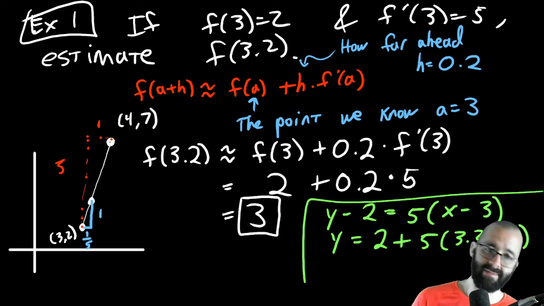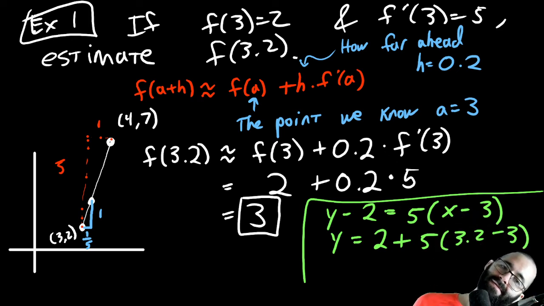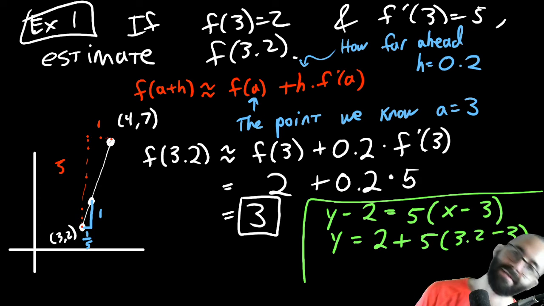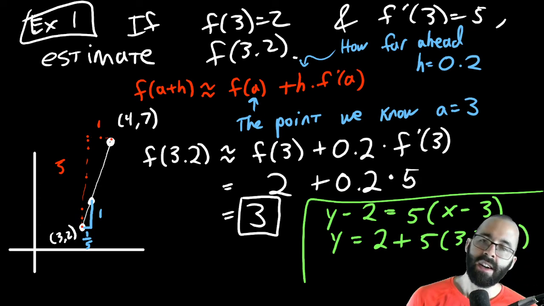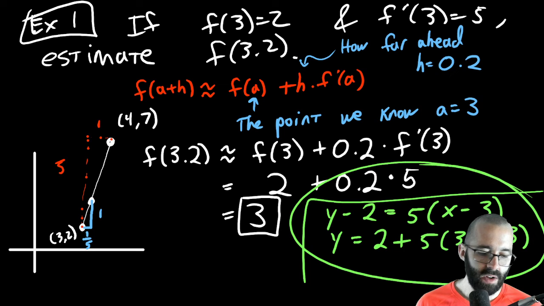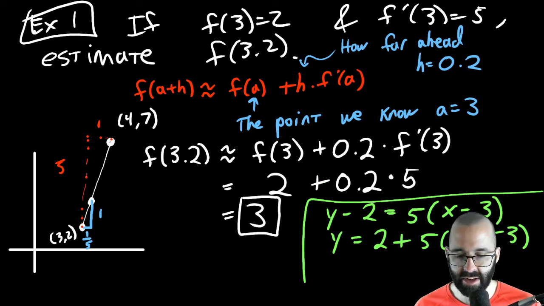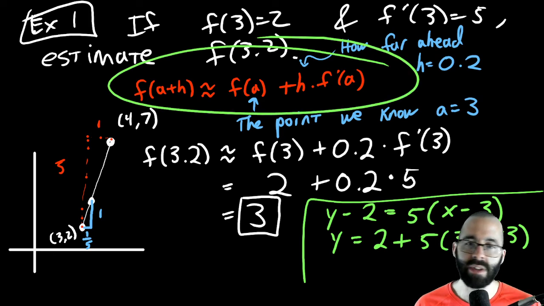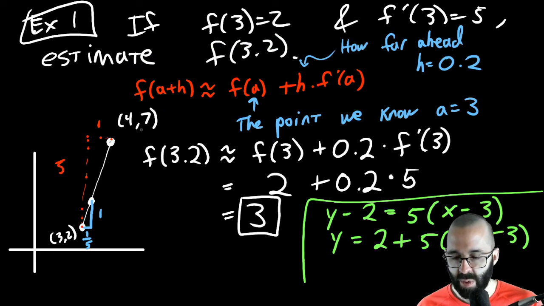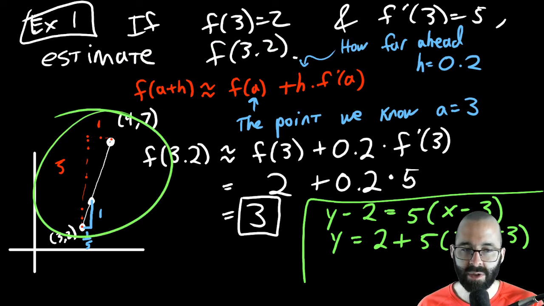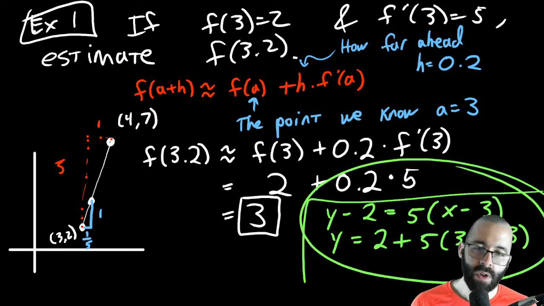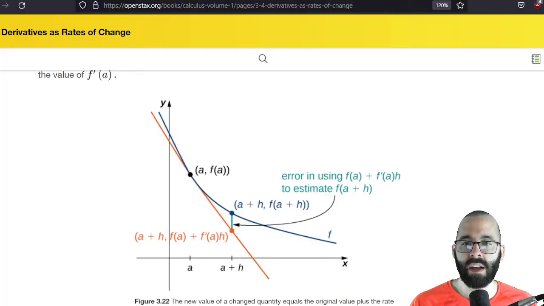Look what's happening. It's the same exact calculation. So we could approximate it with this new formula I gave. Sorry, I'm circling the wrong thing. We could approximate it with this new formula. We could look at it graphically as an approximation with tangent lines, or we could look at it analytically, approximating with tangent lines. The idea is what we're doing to start this section is saying, let's say we don't know